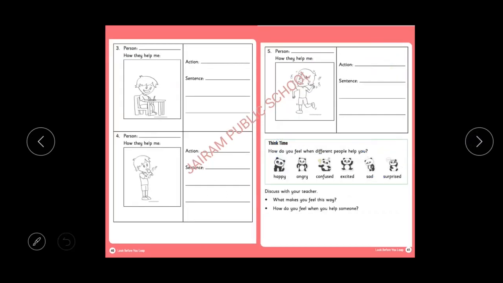Let's move to the next one. Next person, brother. Helps me to do my homework. Here also helps, with the action word. We add s with that because the helping is happening daily. It is a routine action. Next one, at the right side I have written sit. My brother is sitting. This is the be form verb. Very good. Sitting, sit plus ing. It is the ongoing action. I hope you all understood, children. Let's move to the next activity.